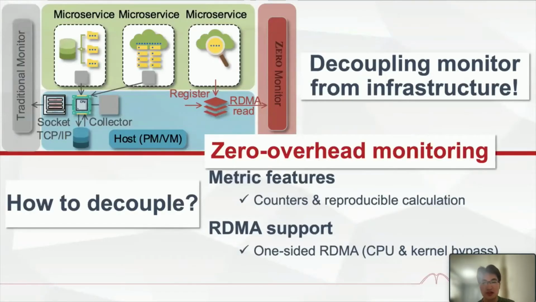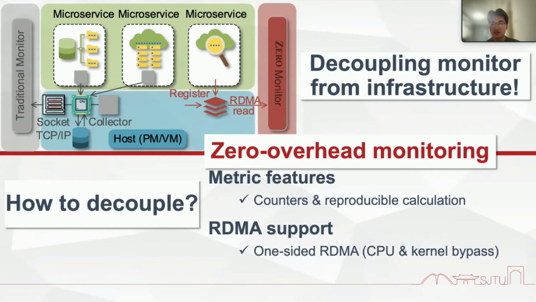To avoid resource contention and ensure quality of service monitoring, we propose the zero overhead monitoring system, or Zero for short. The key idea is decoupling the monitor from the monitored infrastructure, which is feasible from two aspects. First, we observe that most metrics counters are updated at a fixed memory region, and the processing of raw metrics is simple and reproducible algebraic calculation. For example, generally the per-CPU counters are summed together to obtain the final